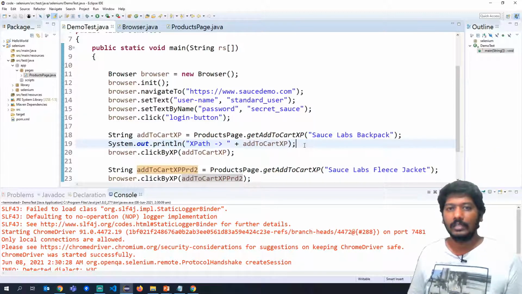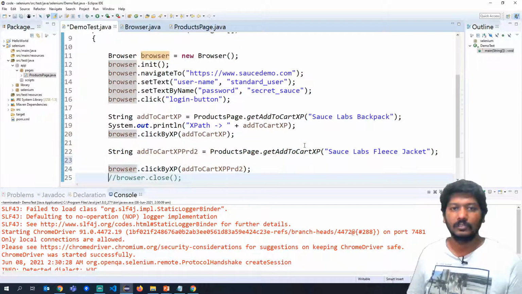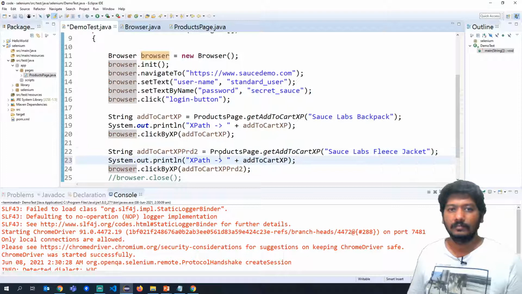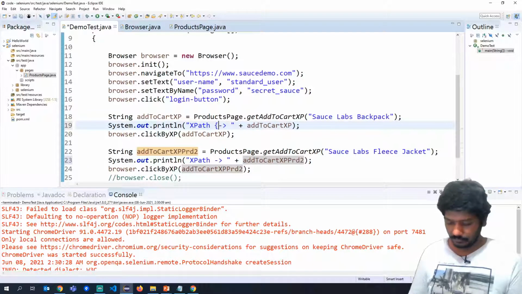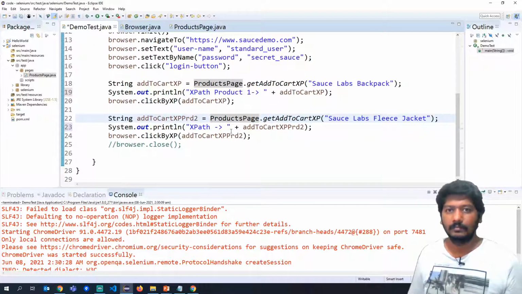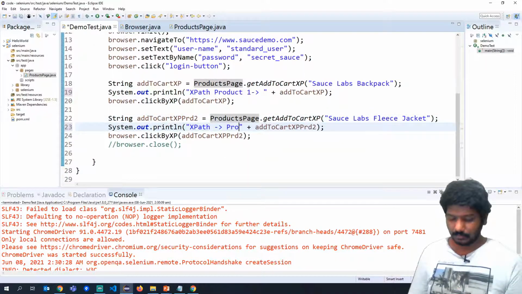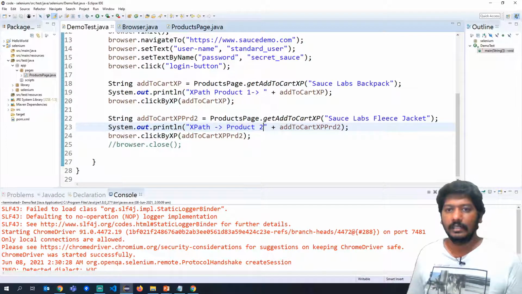Now if you want, you can again print for the second one also. So here I'll say XPath product 1, XPath product 2.